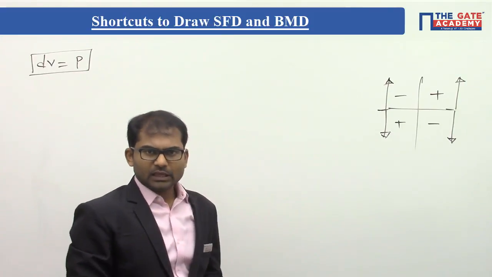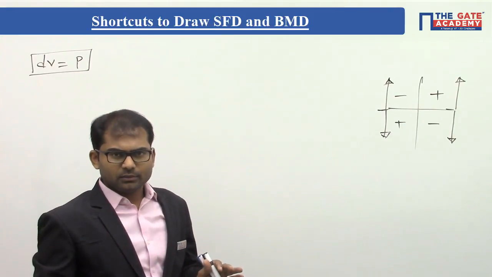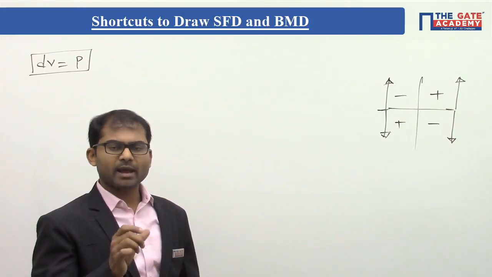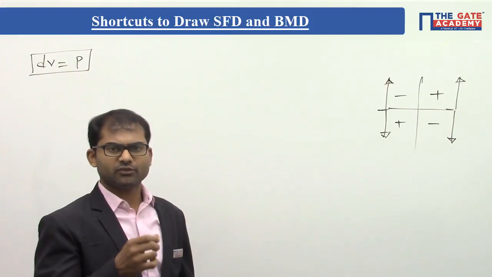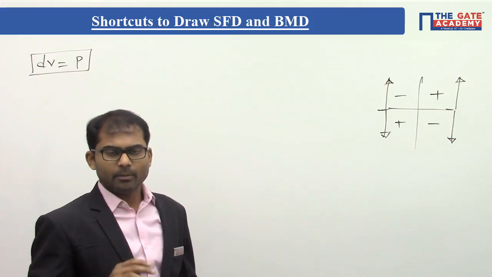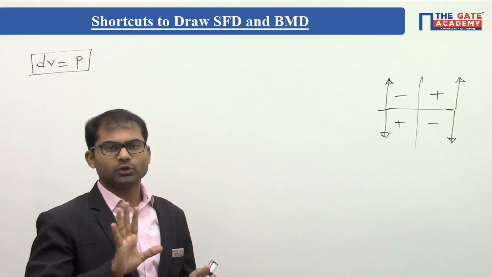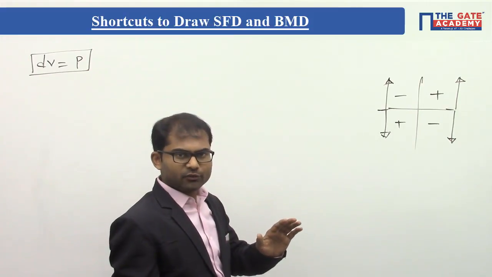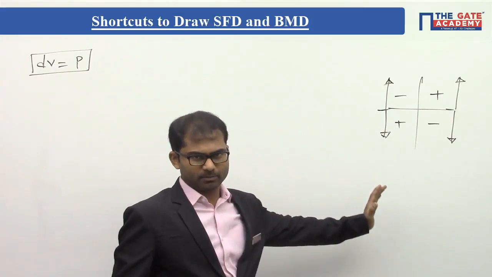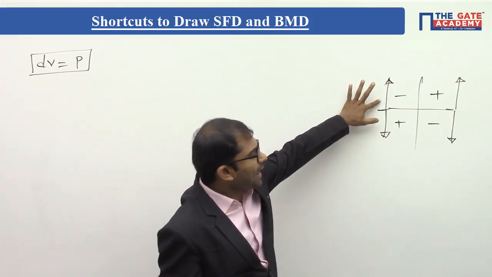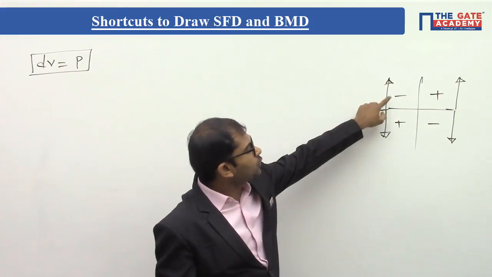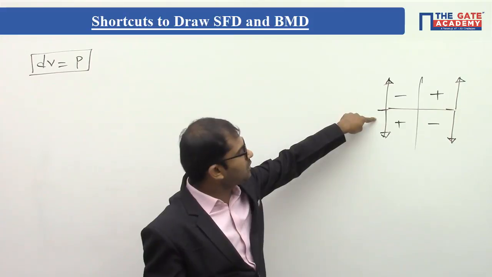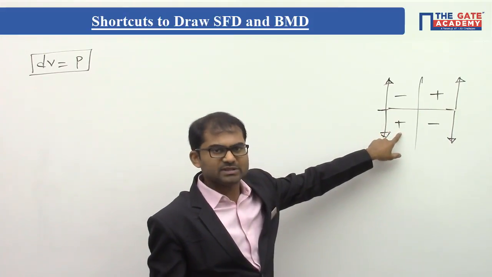Now from the shortcut we have understood that a point load will give such a change of shear force. The point load magnitude is equal to the magnitude of the change of shear force. That we understand, but whether shear force will increase or decrease, we don't know. Understand? So look here, everybody. If you are drawing the shear force diagram from the left side to the right side of the beam, then upward acting point loads will give rise to a negative change of shear force, and downward acting point loads will give rise to a positive change of shear force. That means increase.